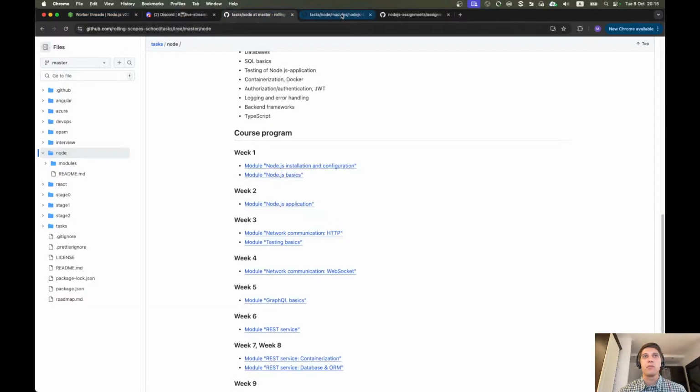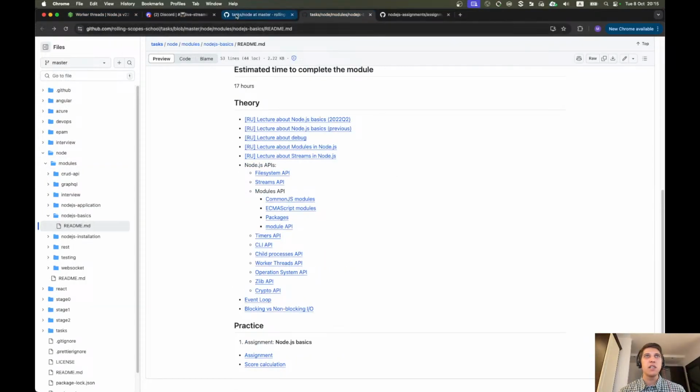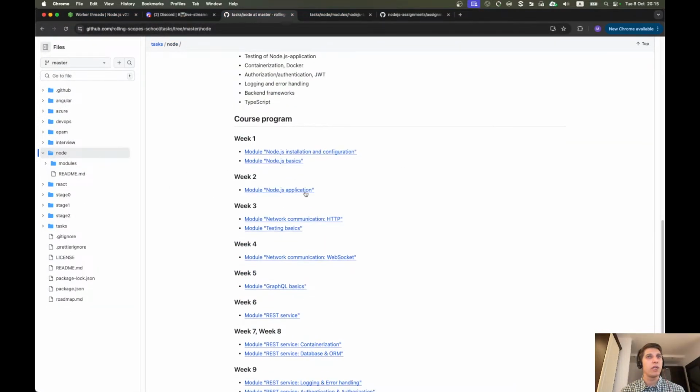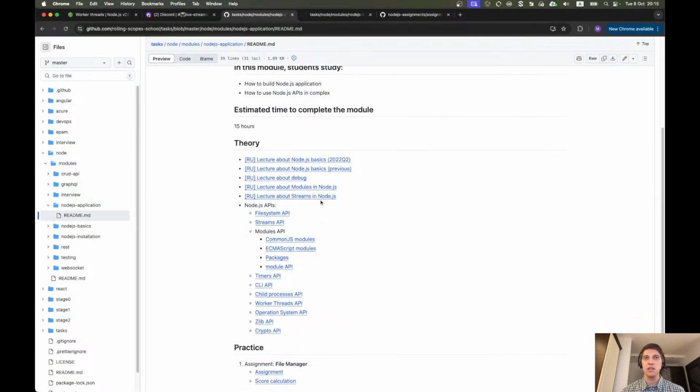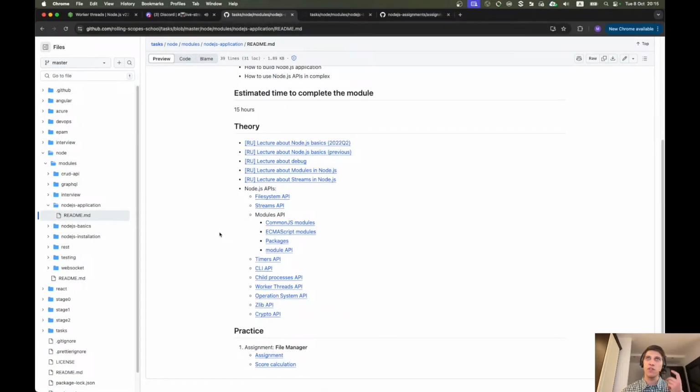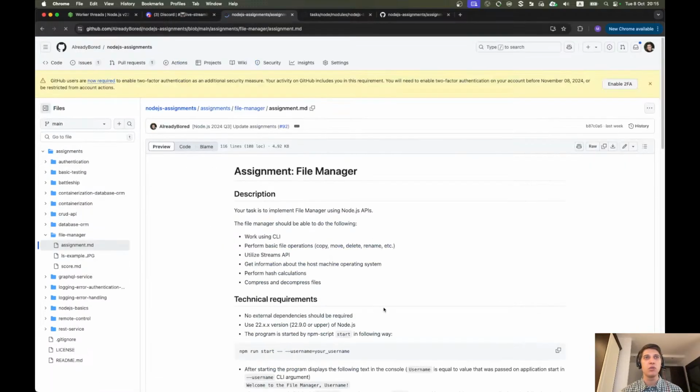Okay, so that's it. We took a look at this task. In general, it works fine, but just overuses callbacks API. Let's take a look at your next assignment. You need to implement